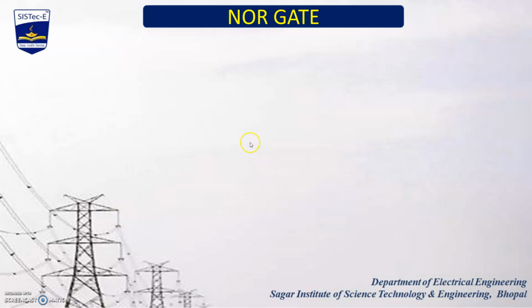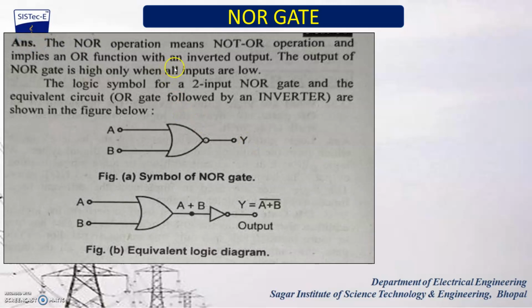The second gate, which is called a universal gate, is the NOR gate. As its name implies, NOR gate means a combination of NOT plus OR gate. Here I have taken N from the NOT gate and OR from the OR gate, meaning a gate whose output passes through an OR gate and then through the NOT gate. That operation is treated as NOR operation, and that gate is called the NOR gate.